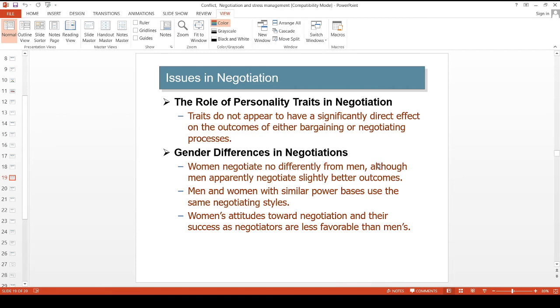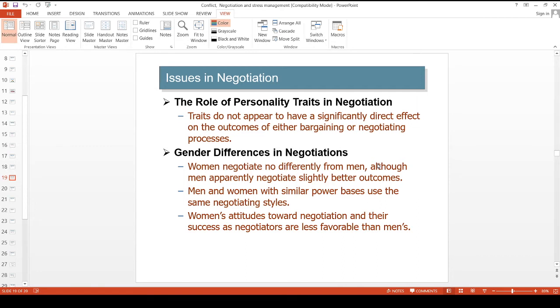Similarly, cultural differences are important in negotiations. Negotiating styles clearly vary across national cultures. For example, the Chinese also draw out negotiations, but that is because they believe negotiations never end. The Chinese are very well known for negotiation and bargaining. Whenever you trade with the Chinese, they will say that negotiations will never end. There is no end point to the negotiation, and they are always trying to satisfy their customers at any point.